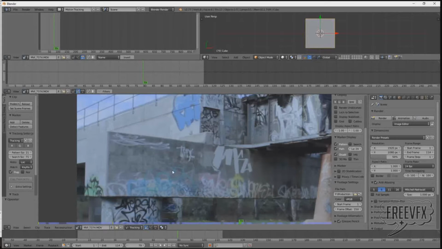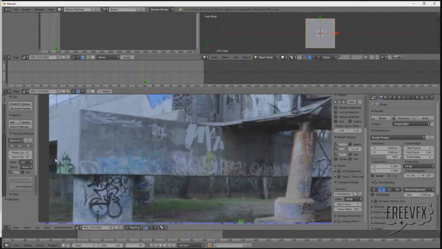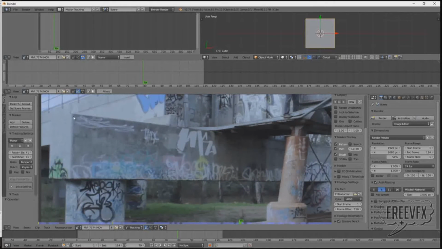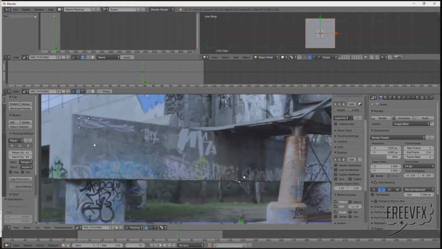So the way we do that is we'll just switch our tracking type to blurry footage, because that generally works better. You can also use fast motion, whichever rows your boat essentially, or you can use planar if you want to go ahead and track planar straight onto the mesh. It's better for some sort of tracking situations, like if I control click, I can set my planar track,